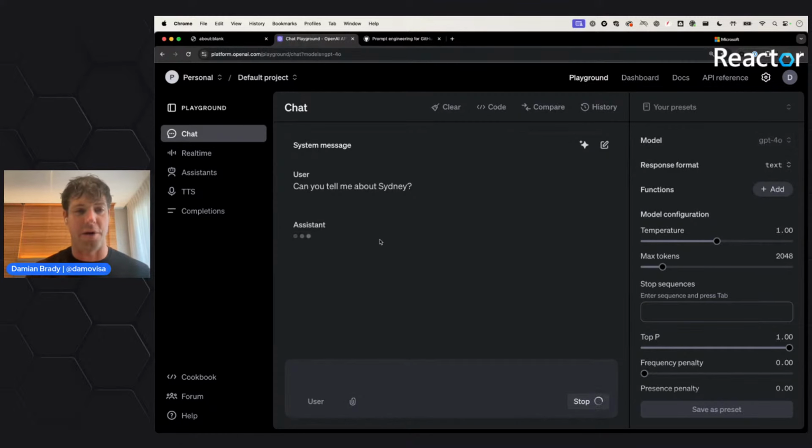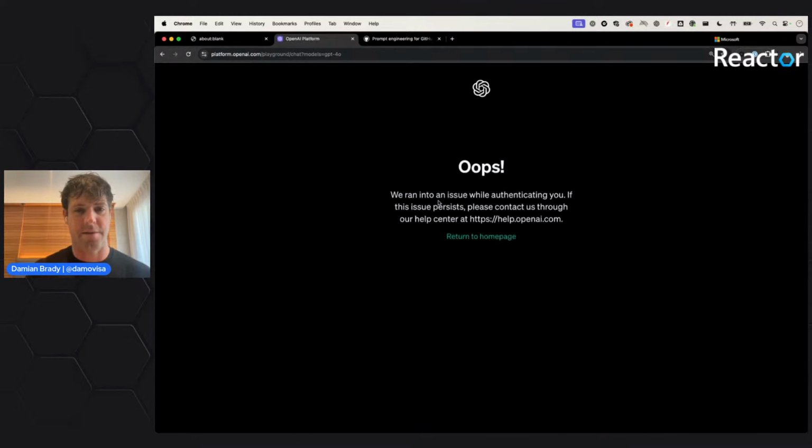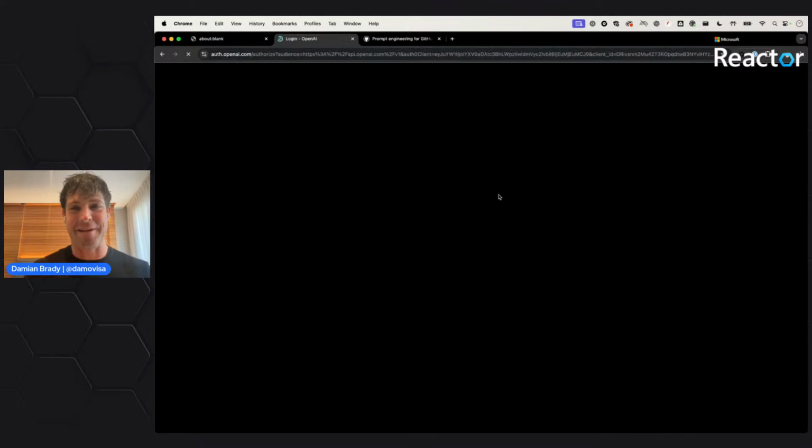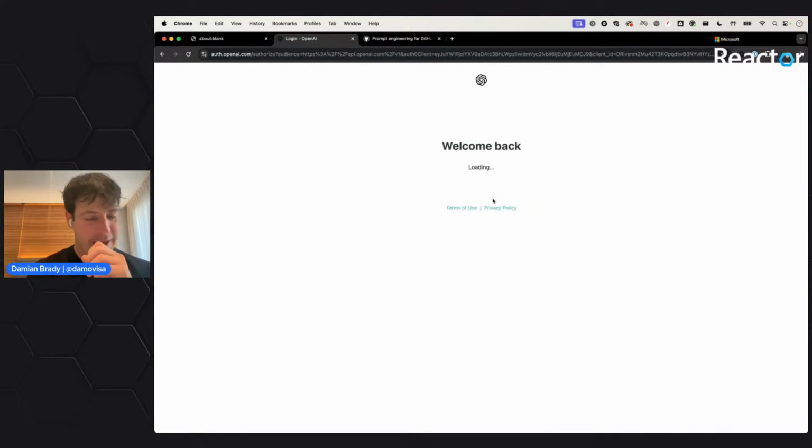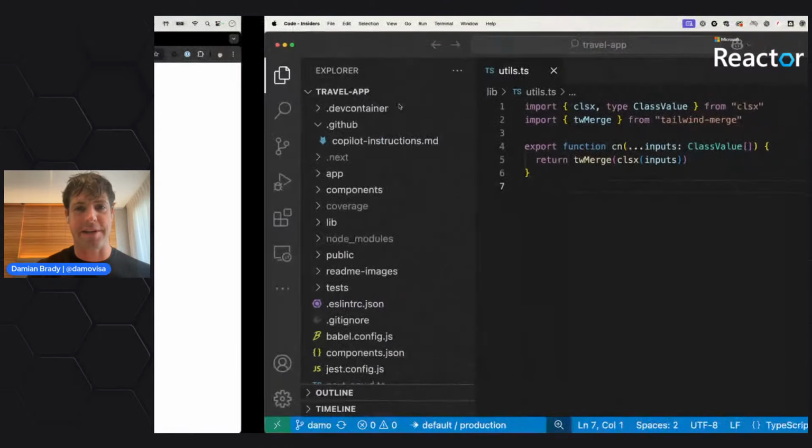What are we on? GPT-4o, and a little bit slow at the moment, which is not ideal. Maybe I can switch models to see if it'll be a little bit faster, or refresh the page. Great. Let me just quickly authenticate again. I'm not sure why it's logged me out. Bear with me one second. This was working all right before. So what I really want to do here, that's not going to work very well. All right, let's do it a different way. Let's just go straight to